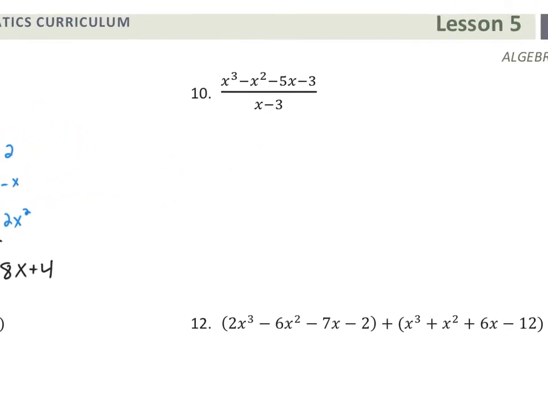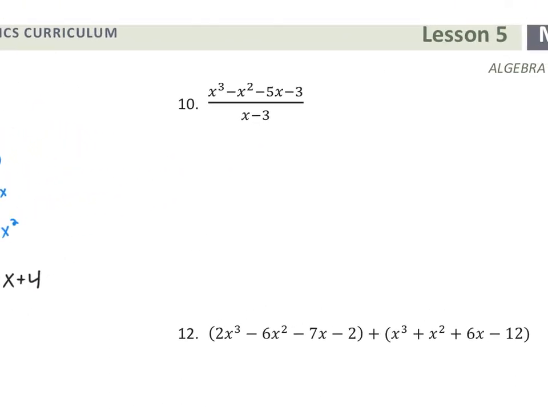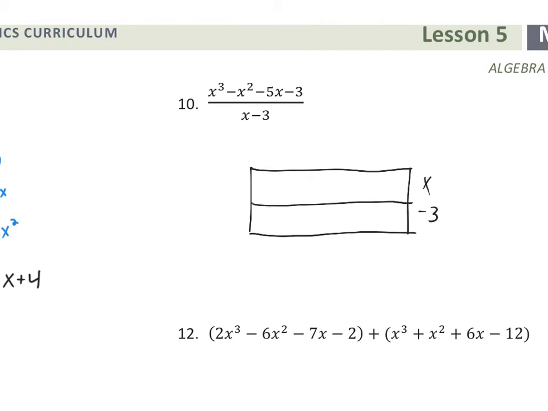Moving on, this is a division problem. I've got all my place values. I know that one side has to be at least 2 sides because I've got to put that x and then that negative 3 out there, and then top minus bottom plus 1 ends up being 3. So I need 3 placeholders. I've got my x cubed, my negative x squared, negative 5x, negative 3,